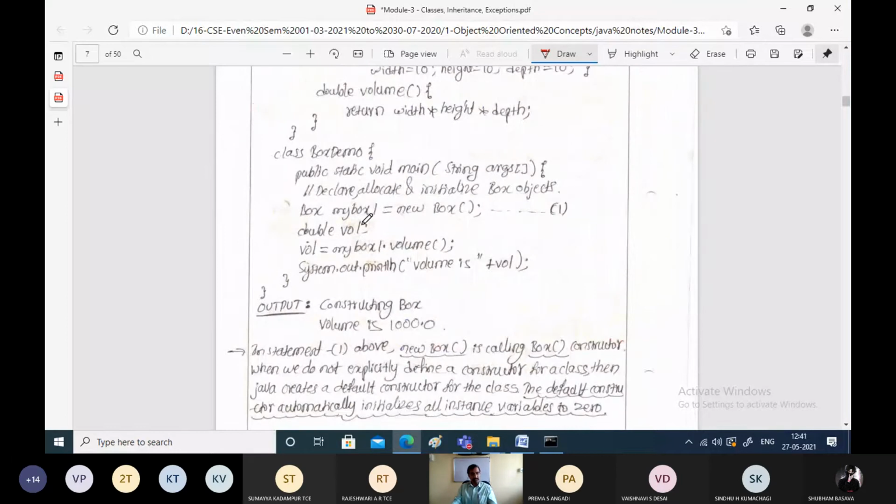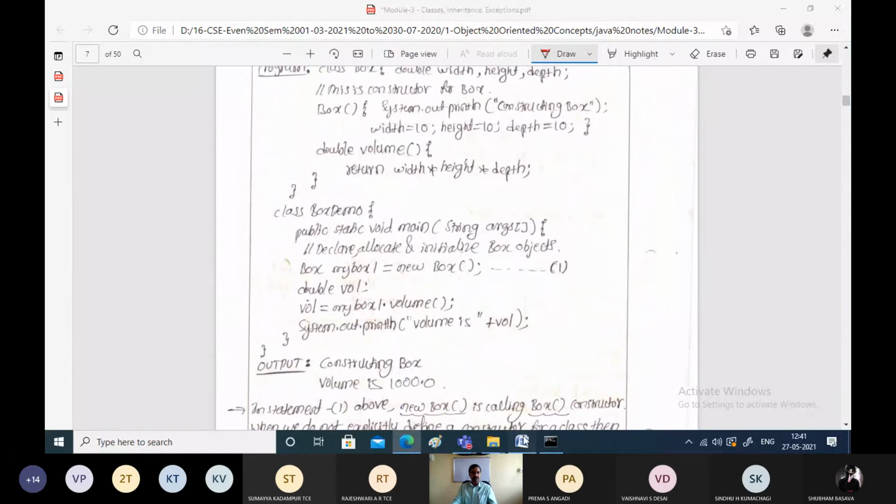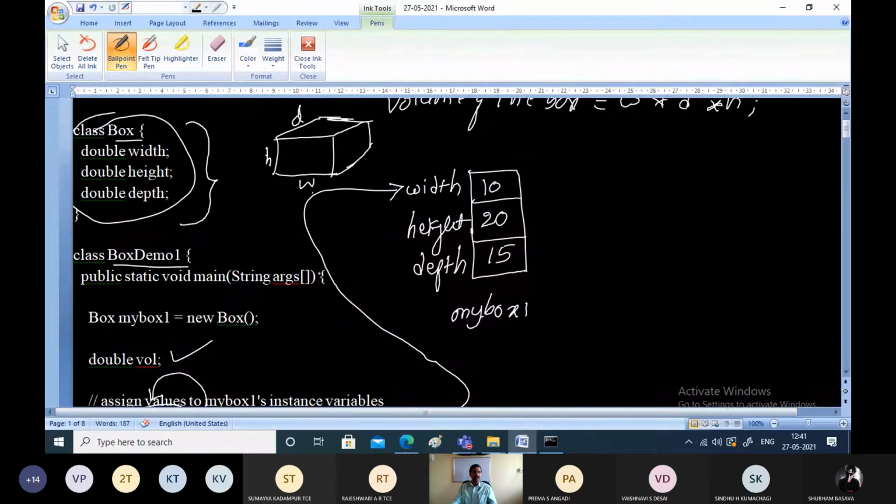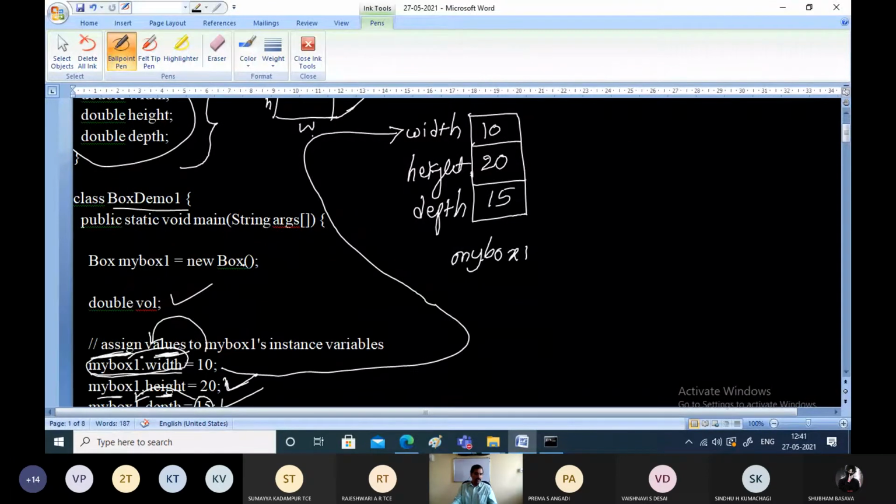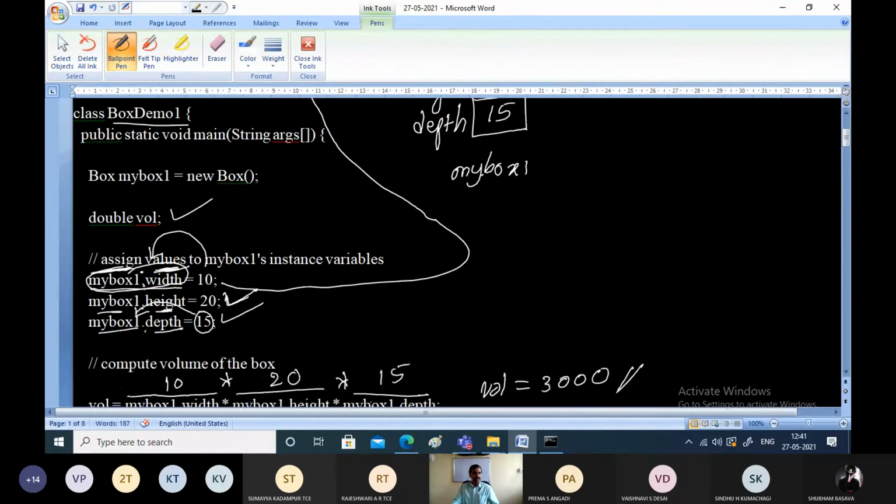The default constructor was being called. Here we are giving those values: width as 10, height as 20 and depth as 50.